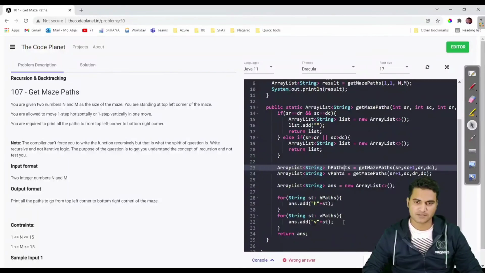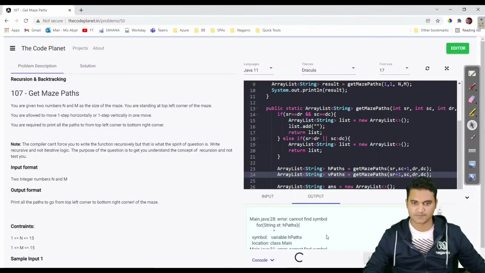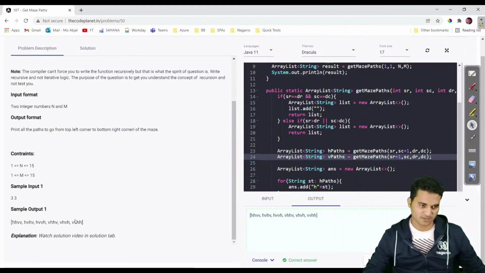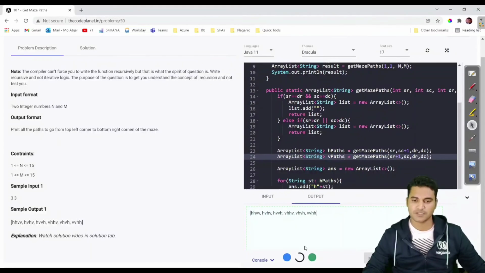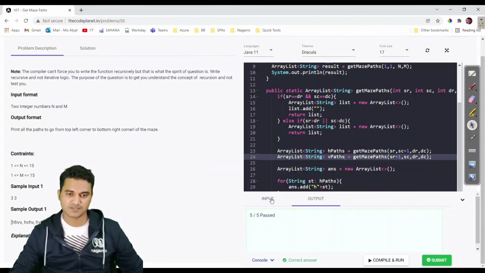The spelling should be H paths, and here too it would be H paths, like this. Do we have any other error? We'll see whether we have any error or not. I don't think we have any error, so you can see we are getting the correct answer similar to this. Let us try to submit it. Yes, test cases are being passed.